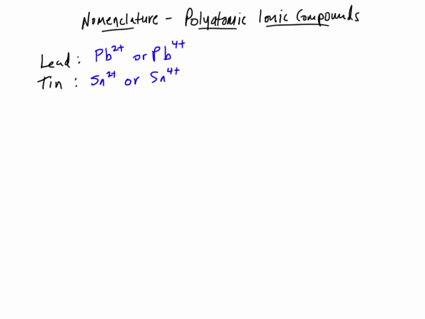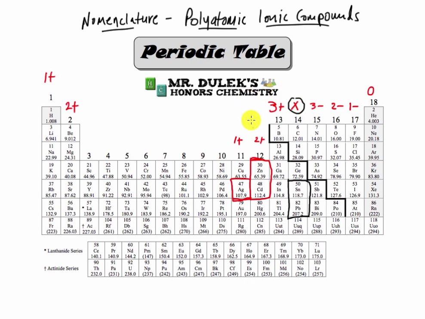Remember we were numbering these groups on the periodic table, and we put an X here because it could be 3+, then 4+. Well, these will be 4+. And there's a reason why they'll be 2+ as well, and I'll explain that when we get to electron configurations. But for now, there is another group that requires stock numbers, which would be tin and lead. Okay, back to